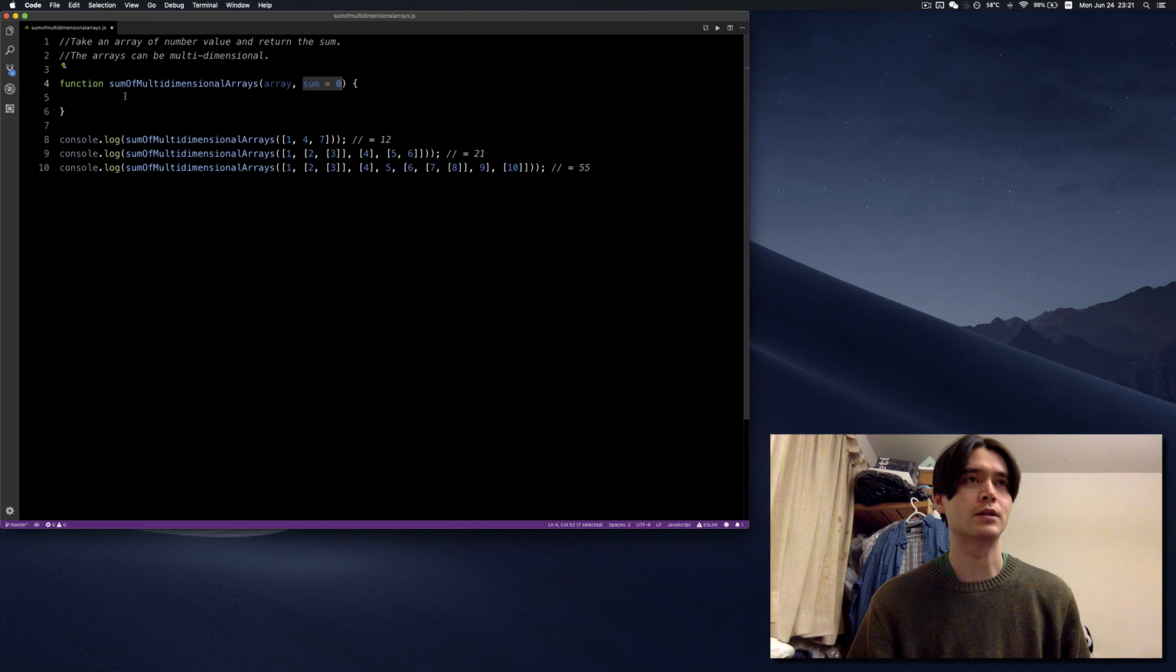Alright, so let's get started. First I'll explain the problem, although there's a couple comments here. Take an array of number values and return the sum, and the arrays can be multidimensional, obviously. So it's an easier algorithm to simply loop through the one-dimensional array and return the sum. In this case it should be 12,